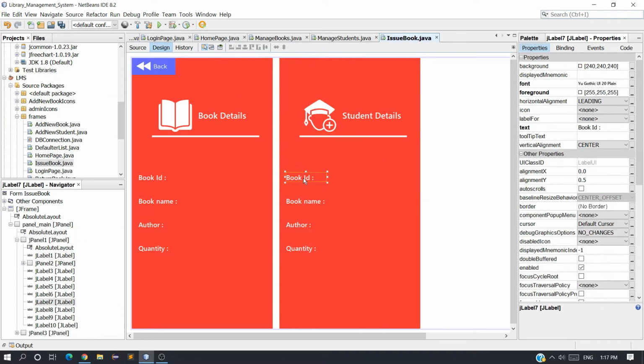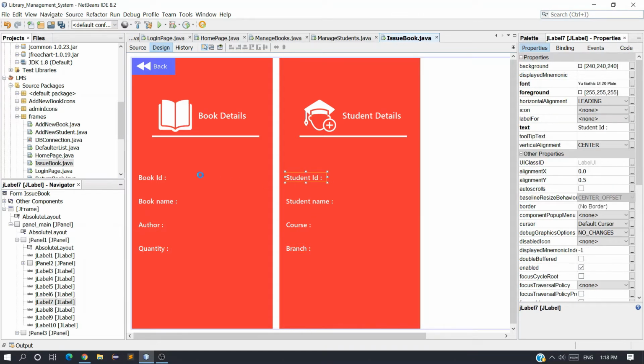Okay, now change the text to book ID. The next one is student name. The next one is course. And the next one is branch. Okay.